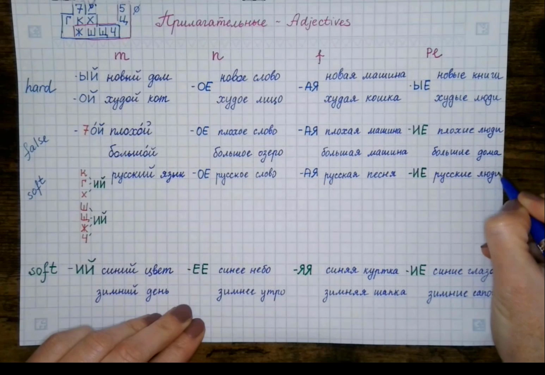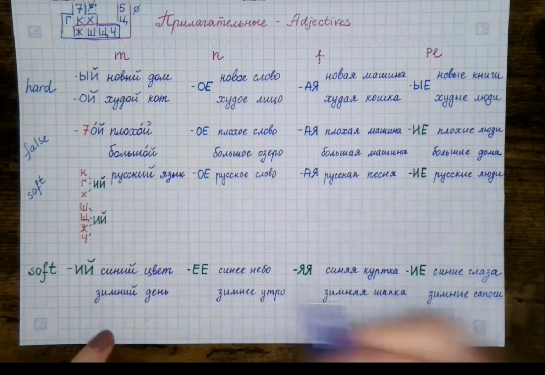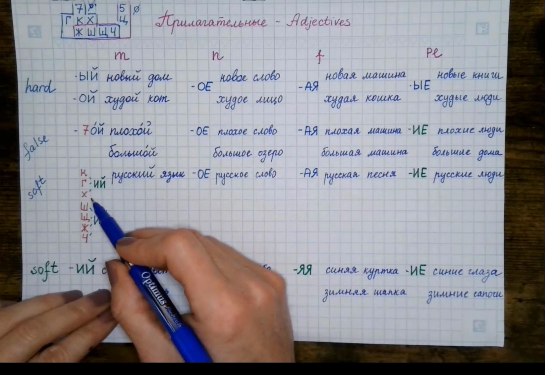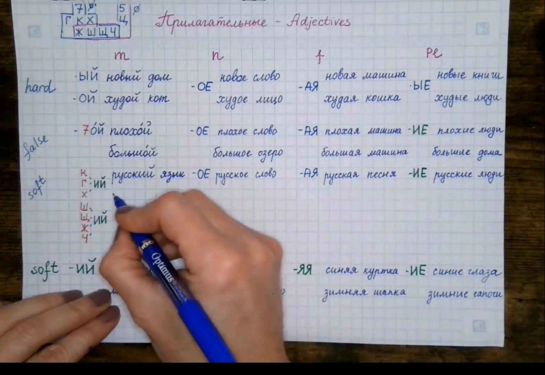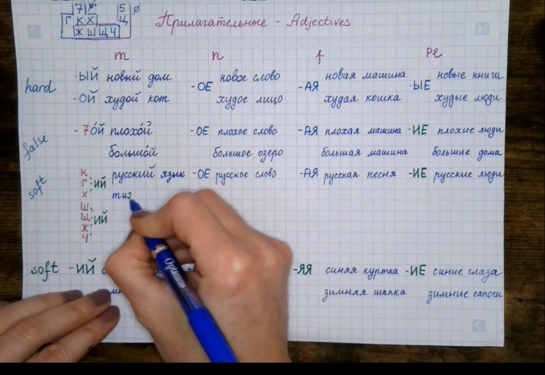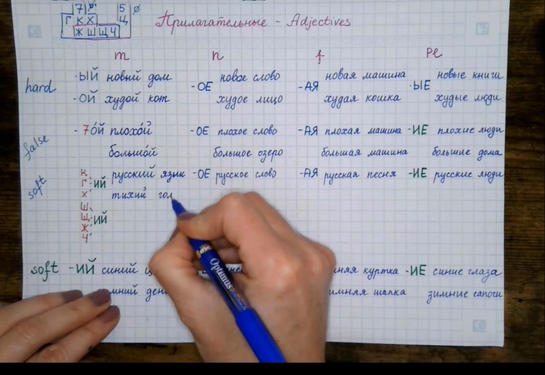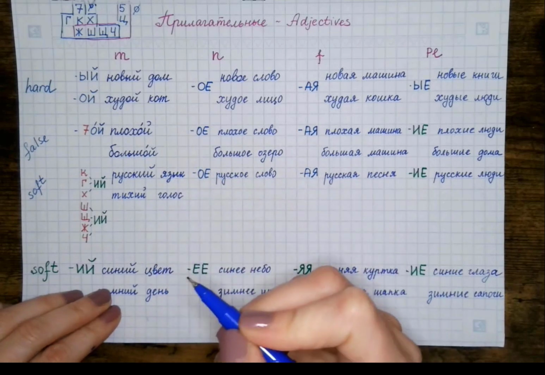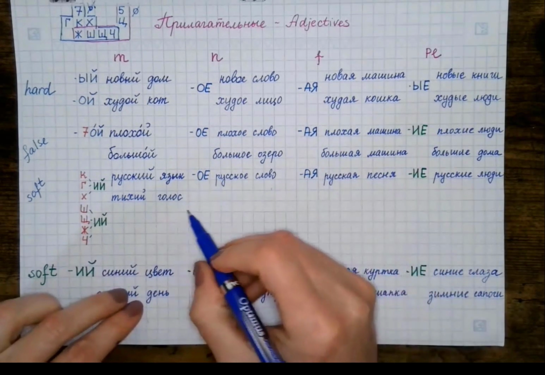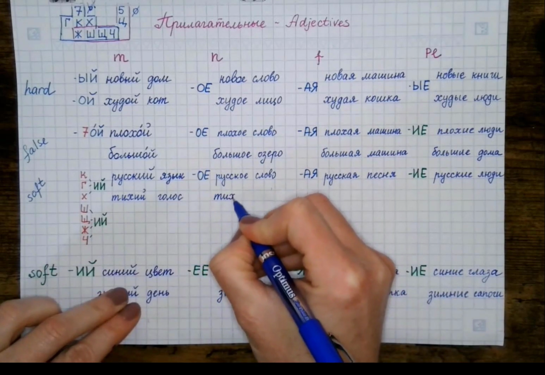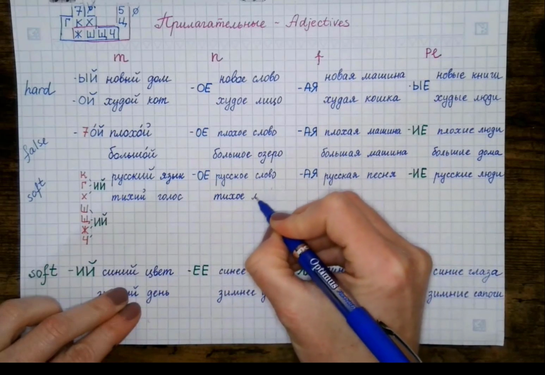Russian people. I'm not gonna go through all examples, but let's give an example with х. Тихий, which means quiet, the one you can hardly hear. So we'll do тихий голос, a quiet voice. Okay, for neutral, we'll do тихое место,